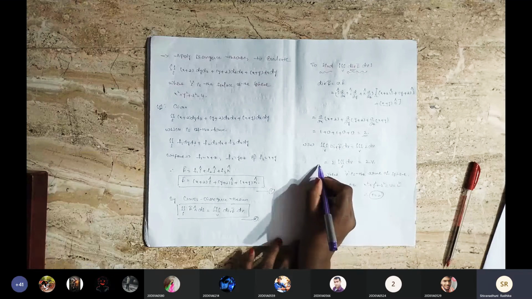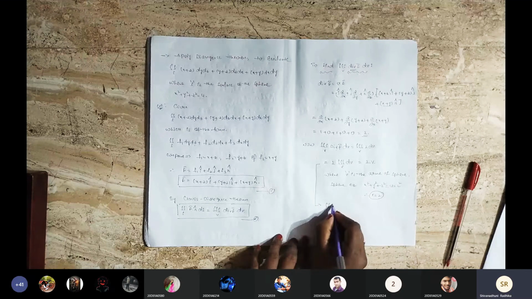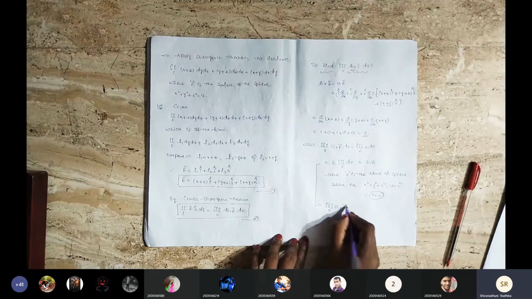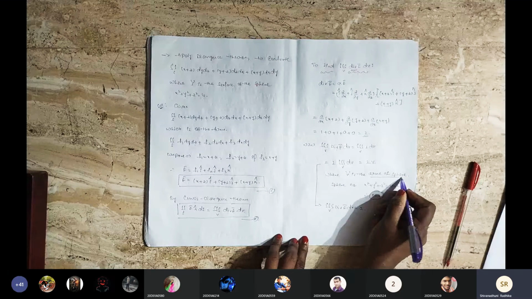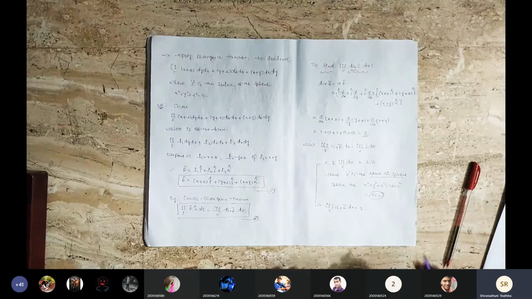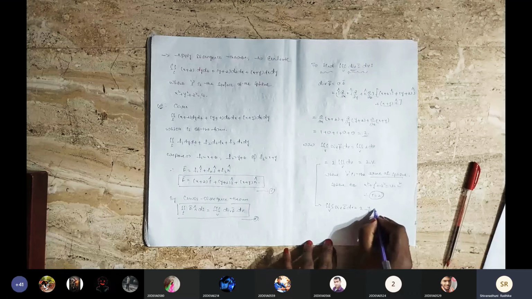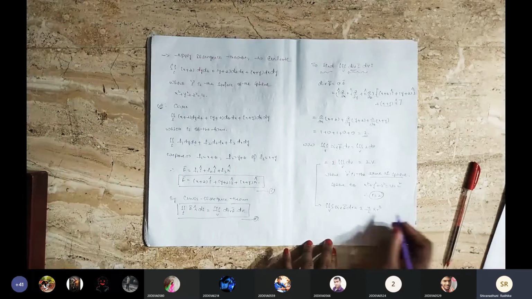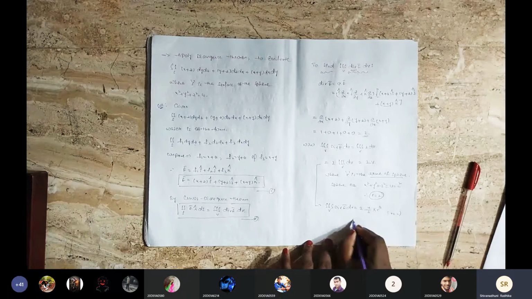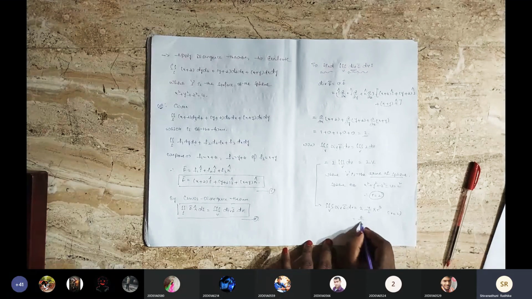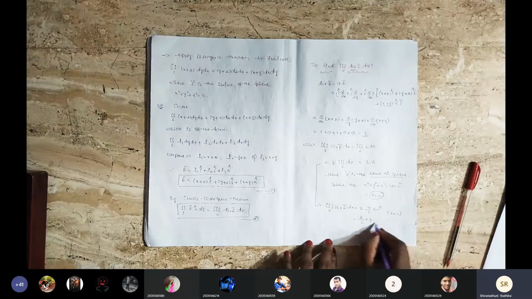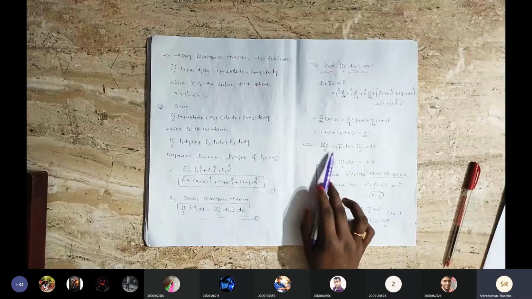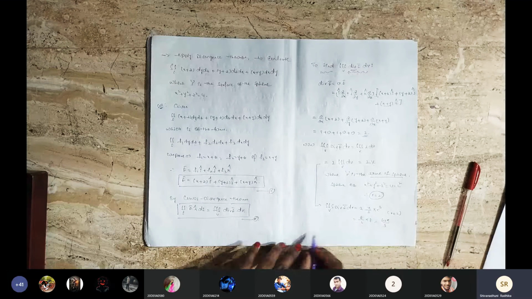Okay, this I am going to write again, simplified. Triple integration over V of divergence F bar dV equals 2 into V, the volume of the sphere. Then what is the formula for the volume of the sphere? 4 by 3 pi r cube. R equals what here? 2. Just substitute the r value: 2 cube means 8. 2 into 4 by 3 into pi into 8, so that value is 64 pi by 3. The triple integration of divergence F bar dV value is 64 pi by 3.